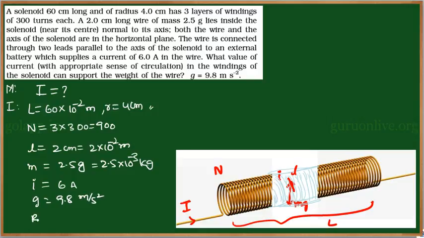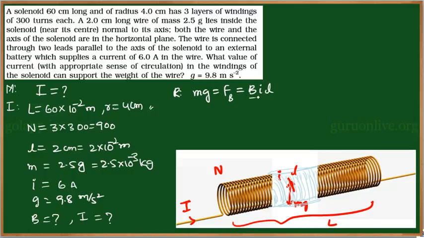We need to find out the field of the solenoid at the center, and using that we need to find out the current flowing in the solenoid. Now come to the resolving part. Here the magnetic field due to the solenoid is balancing the gravitational pull on the copper wire. So I can write mg is equal to the magnetic force, which is equal to B I L,